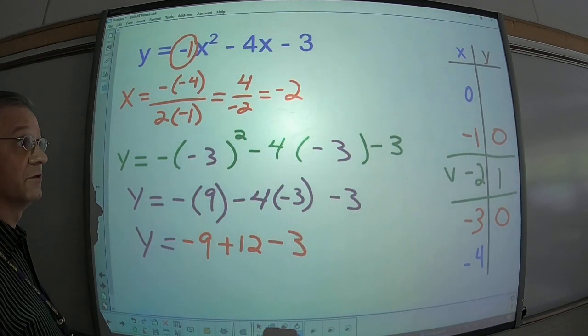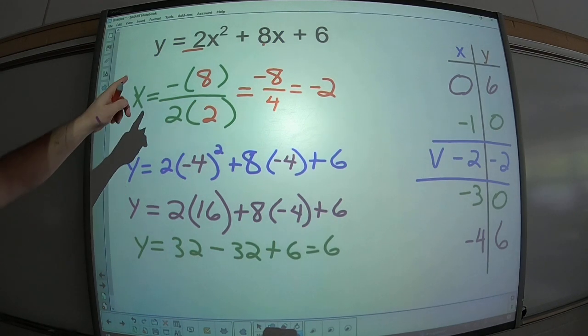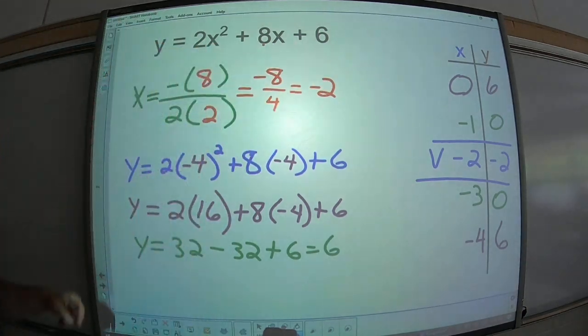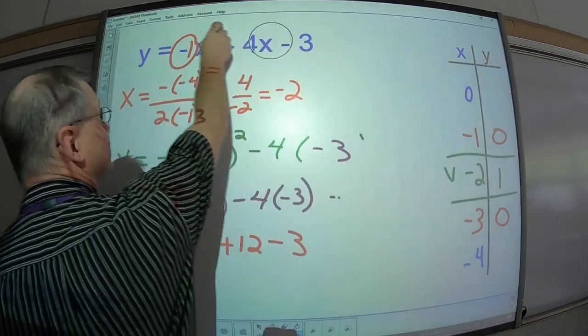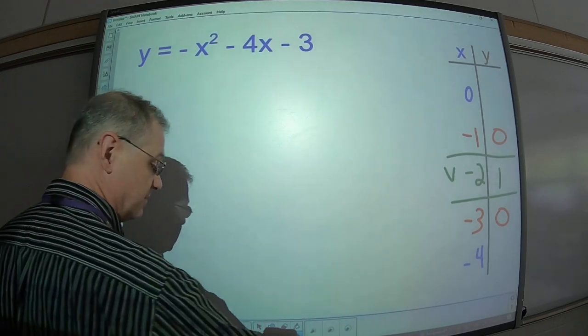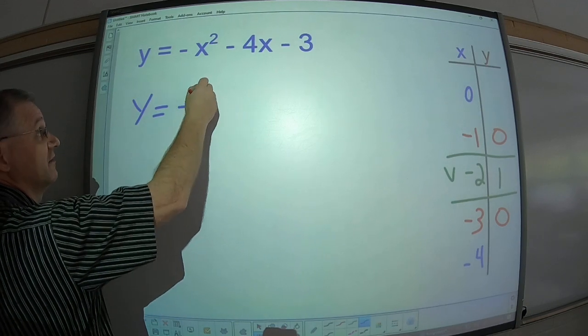Well, it's very similar to the last problem. In fact, if I had divided everything here by a negative 2, I'd come out to this one. Interesting. That's not quite what I meant to do, but that's okay. y equals negative parentheses